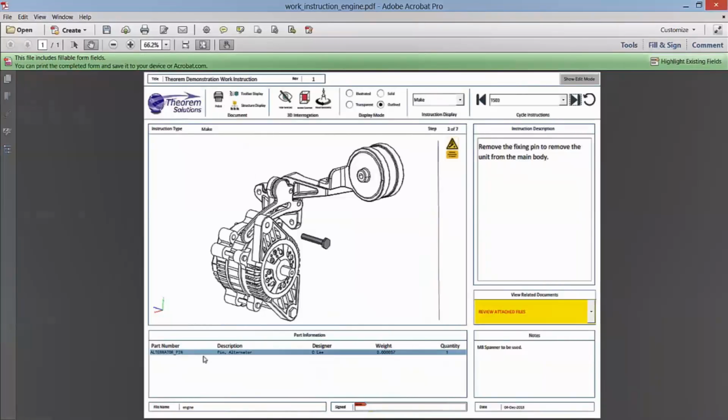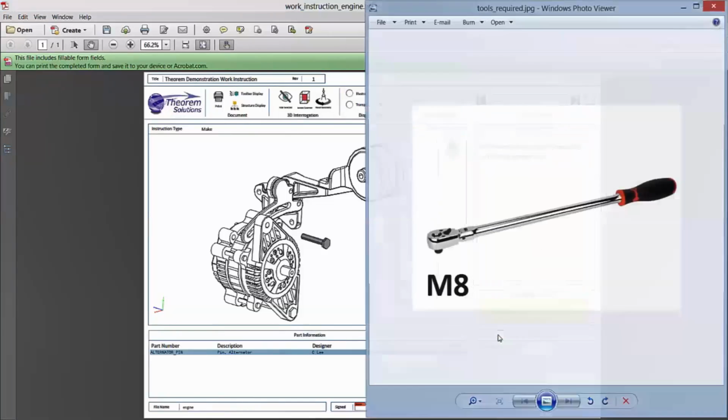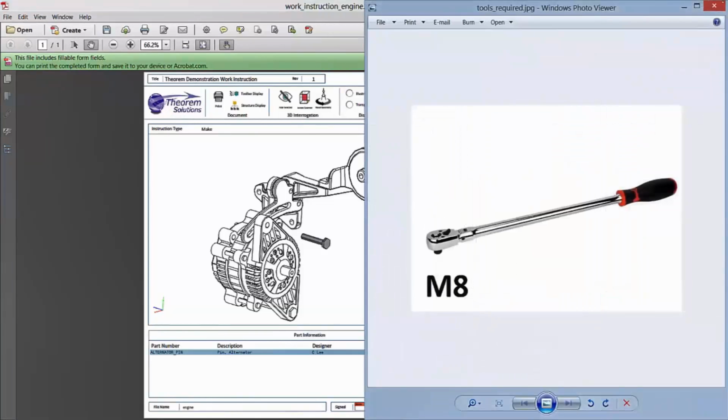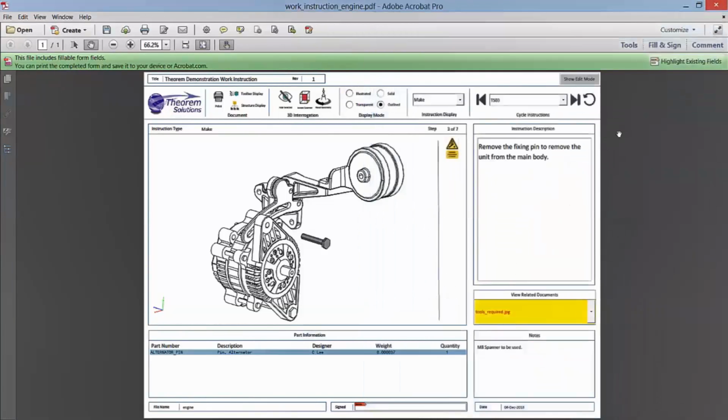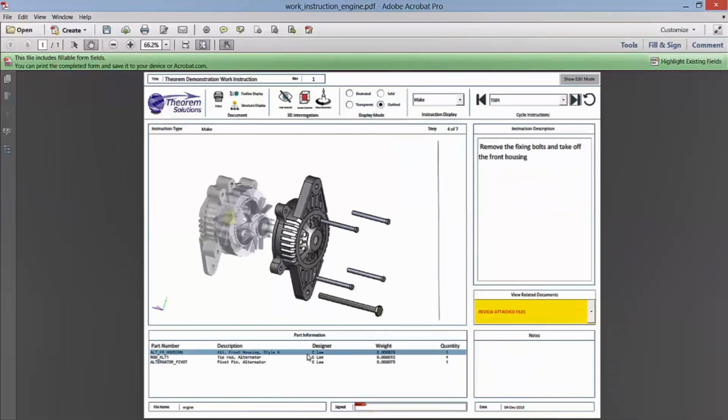And as we flick through to number 3, you can see this. So now we're interested in this specific bolt. And the notes are, please click here to see what spanner is required. So we click that and it tells us the spanner is required to remove this pin. So if we keep clicking through, you'll see that it'll give us more information about how to take off the housing, and the related documents update each time, and the